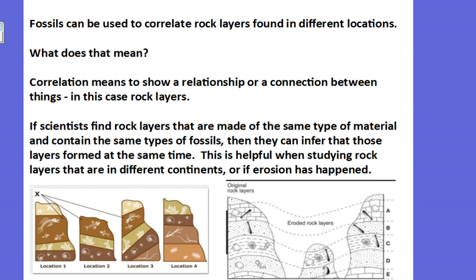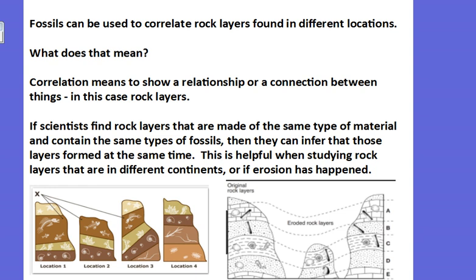what the different time periods are, because if layers are found in different places, they can't just say, well, this layer was on top of that one, because the layers were found in different spots. So if scientists find rock layers that are made of the same type of material, the same type of rock, and they contain the same type of fossils, the same kind of collection of fossils, like the faunal